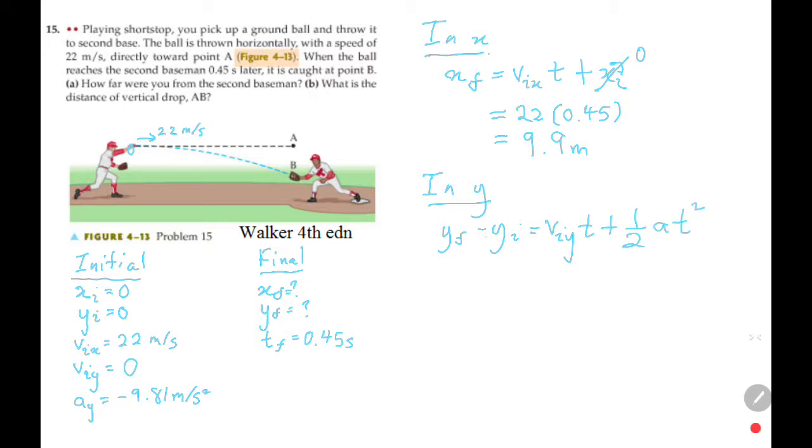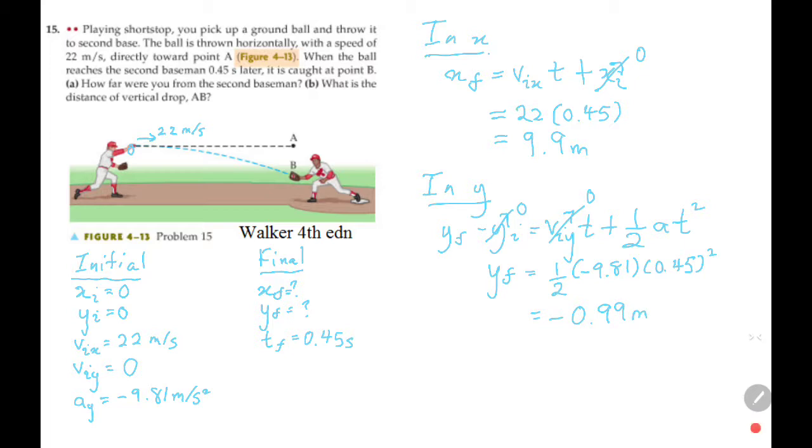We know y initial is equal to 0 because it's at the origin, which also makes my life easy. v_iy, the initial y velocity, is also 0. So therefore y final is equal to half a, in this case negative 9.81, times t squared, which is 0.45 squared, and that gives me negative